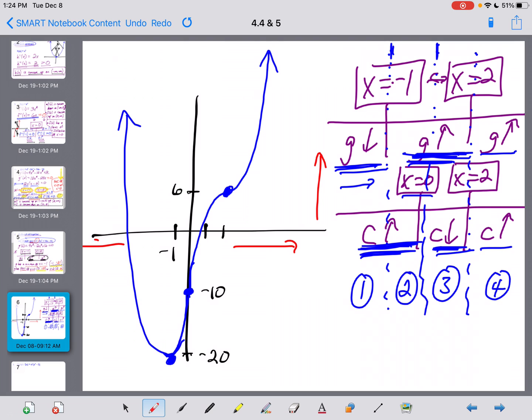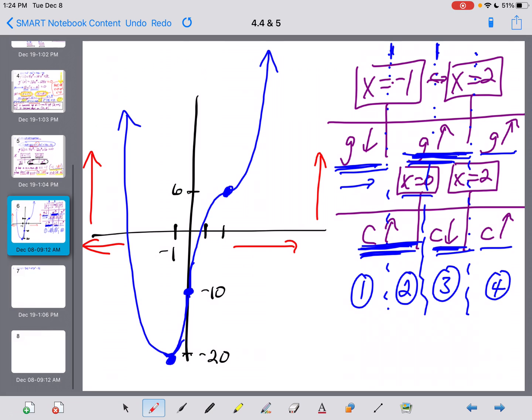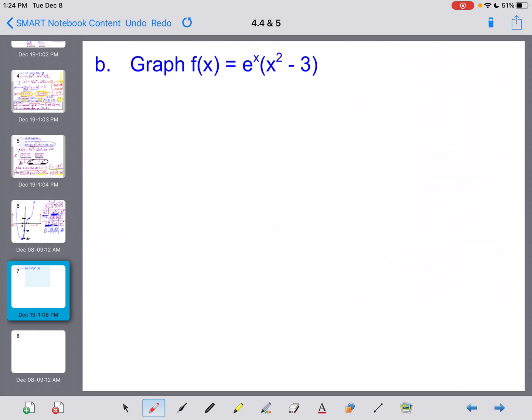As x approaches negative infinity, y is approaching positive infinity also. So it kind of passes the eye test too. And I bring that up because, guess what? Life's going to get harder. As we take a look at this function right here, f of x is equal to e to the x